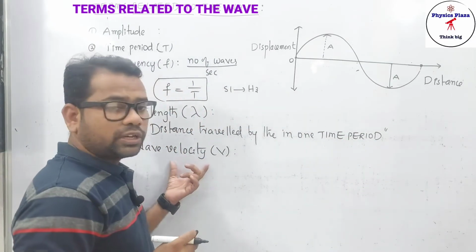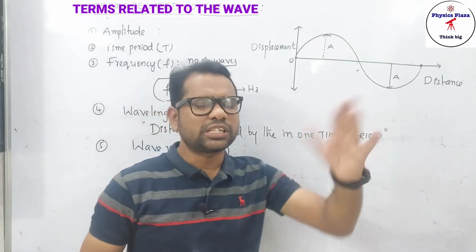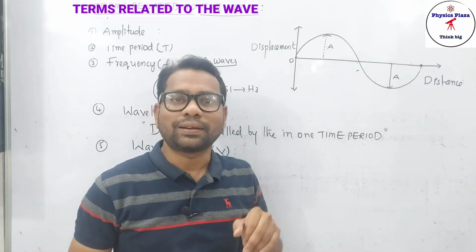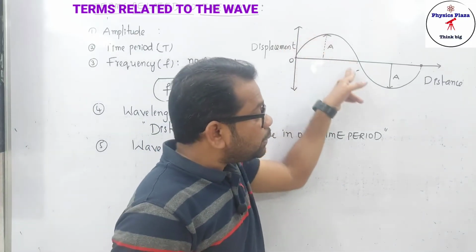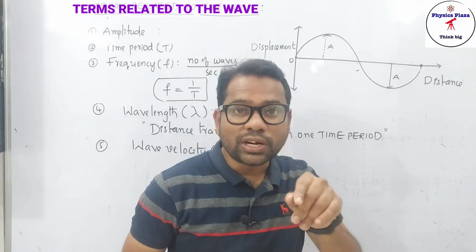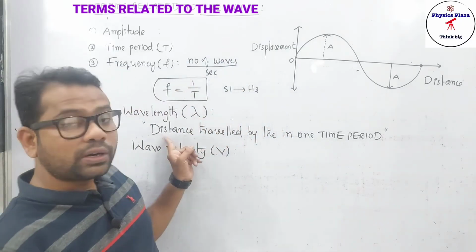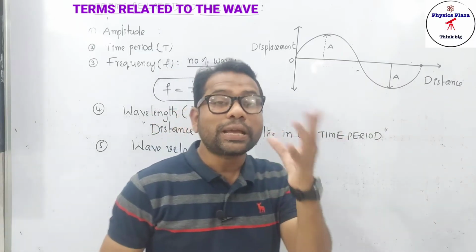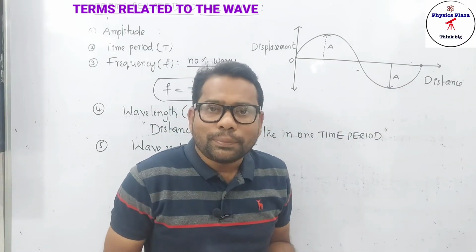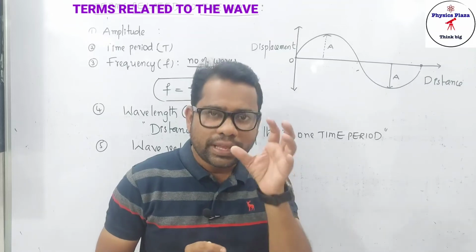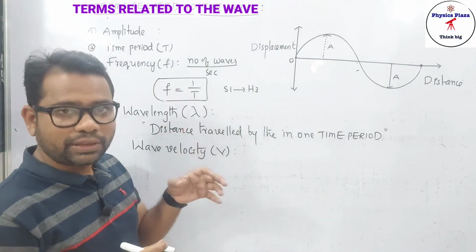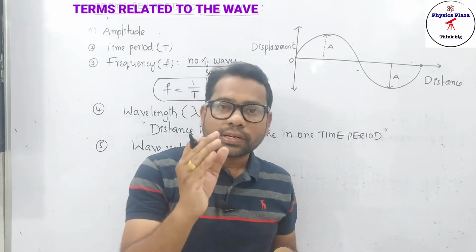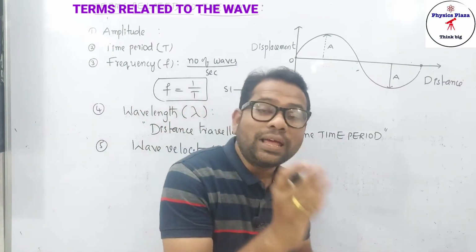See, velocity, if the wave is going in a straight line path, distance and displacement can both be taken as the same. So it is distance per second, meaning distance traveled by the wave per second, children, try to understand. Whereas the wavelength is the distance traveled by the wave in one time period. Time period is a fixed value; for a given wave, lambda is fixed. But the wave velocity depends on the medium. In 1 second, it may travel more, it may travel less.